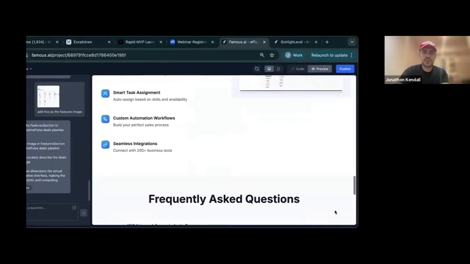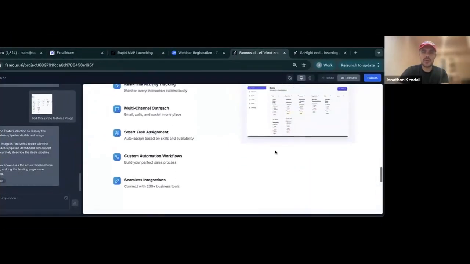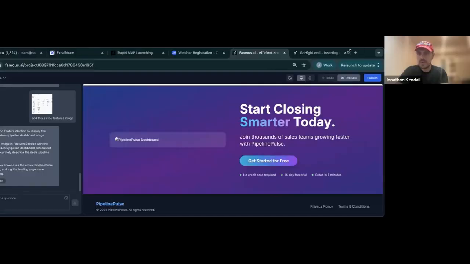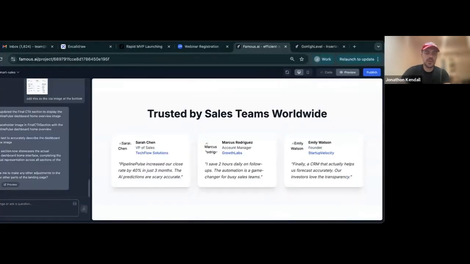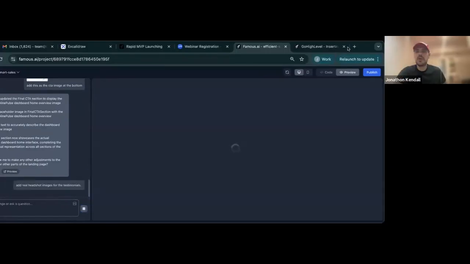Now we have the features. This padding is a little bit weird, but let me find this image. Basically, if you're going to give Famous 10 things to do at once, you want to organize it. And if you want to spend the time to organize your brain and write it out in this very specific, beautiful way, then that's fine. So you see here, I'm going to say add real shot images for the custom sales. So now I have images of the actual software. I'm going to change